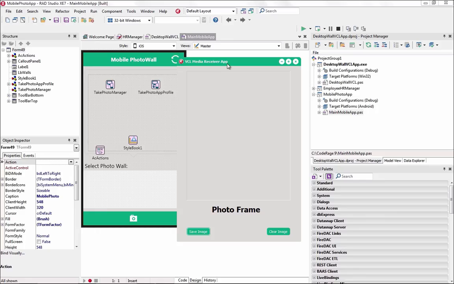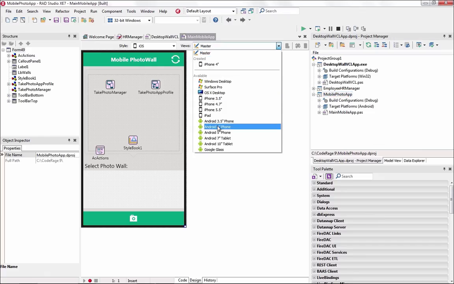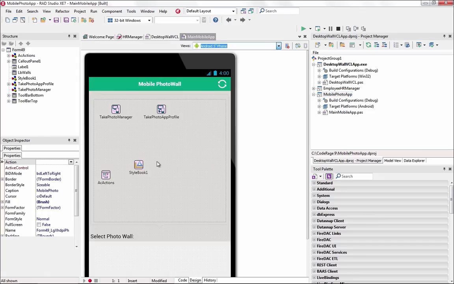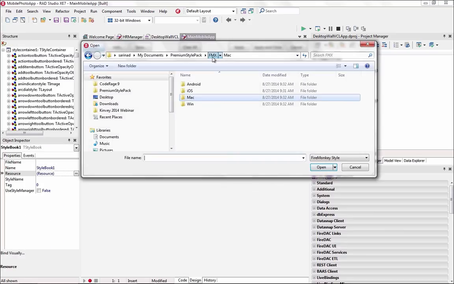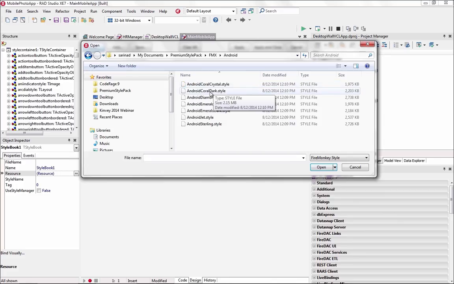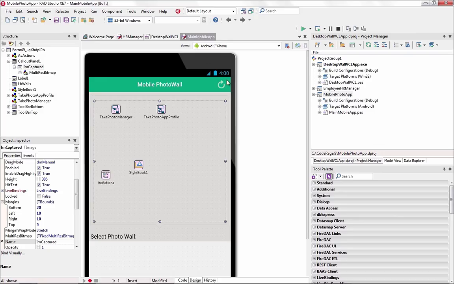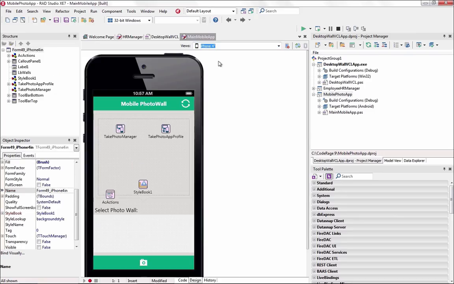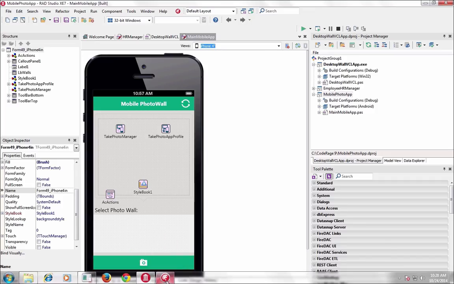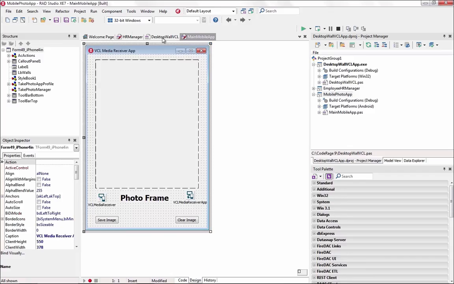if you want to work with custom styles. So for example, here, if I switch to Android view, I could load my custom Android style. This is my Emerald Dark Android style. And then you can have your iPhone style, your Android style, and you can have your VCL style as a very similar theme. The same is also the case if you go back here to project options on the VCL side